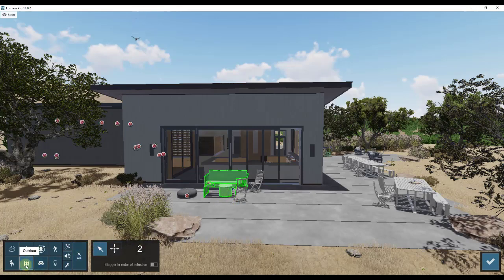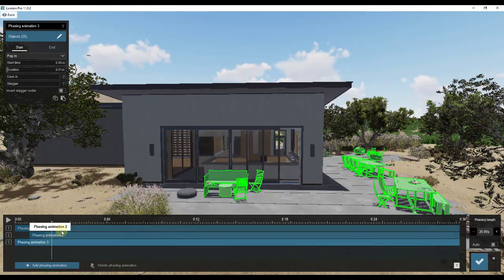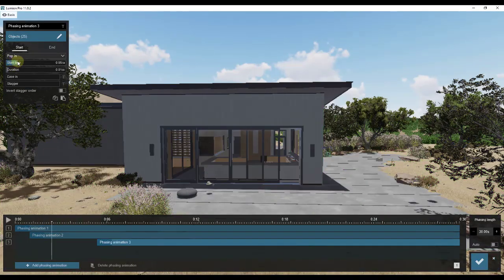And you can set this, by the way, by clicking on the outdoor objects, so you can only see the little dots for objects that are set as outdoor type objects inside of Lumion. But I'm going to go through, select all of these, and then click the checkbox. Then I'm going to set this one to start at 3 seconds.